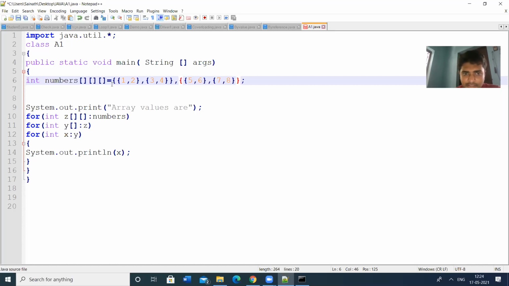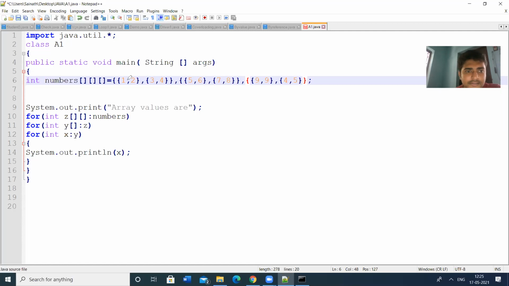Then the third dimension: 9, 9, 9, 8, and 4, 5. We have to give braces for the whole thing.